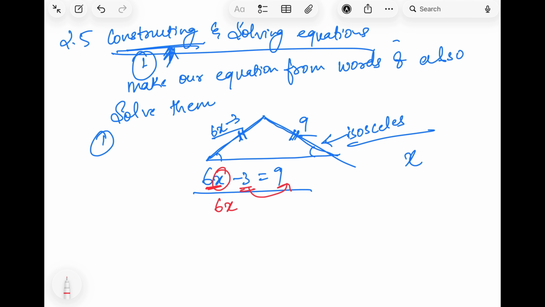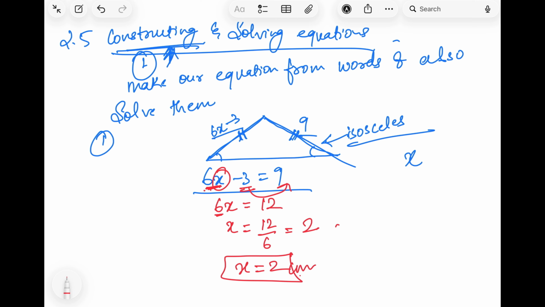6 is the coefficient of x. You cannot move the coefficient directly. So first you will move minus 3. So this becomes 9 plus 3, that becomes 12. Now x, 6 is in multiplication. It goes in division. 12 divided by 6 will give us 2. So the value of x is 2